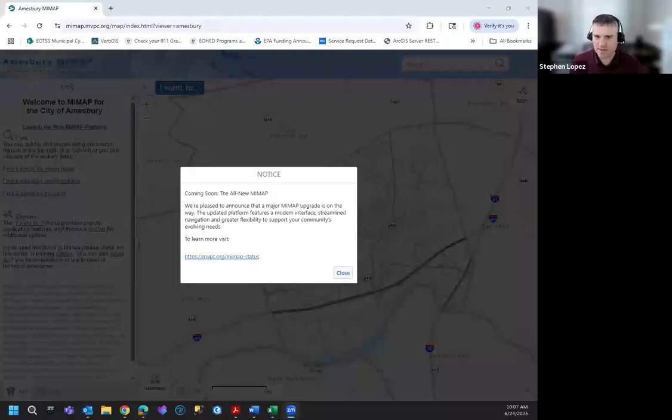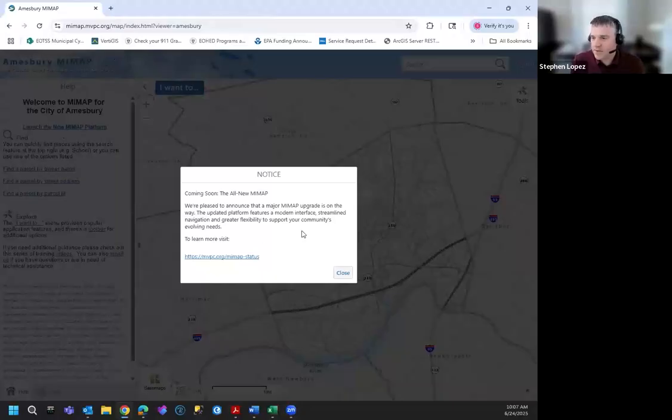So a few things I've done, I'm just going to do a quick screen share just to get you a little familiar with where we're at in the process right now. So you should be able to see my screen here. This is the current version of MIMAP for all of the communities that are participating. You should be familiar with what this looks like. Oh, it's not showing. Okay, that's interesting. I apologize for that. Can everyone see the screen now, or is it sharing the wrong screen, of course? We're good. Okay. Thank you for bringing that to my attention, Kelsey.